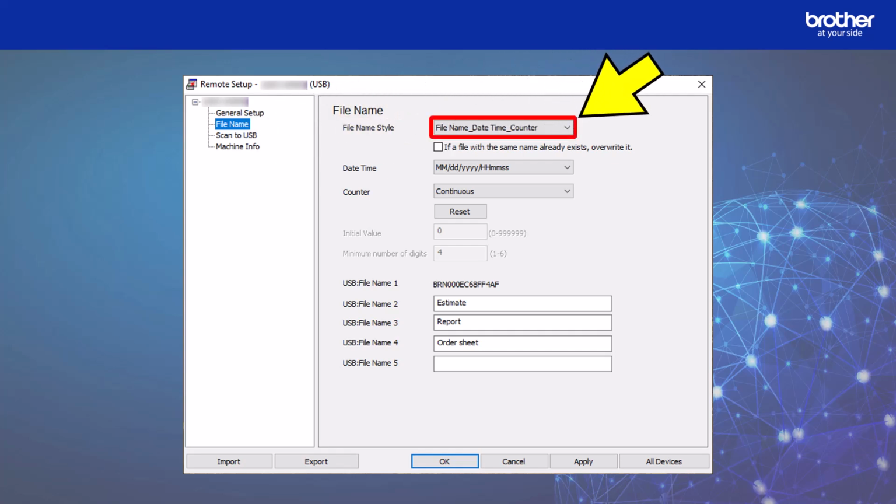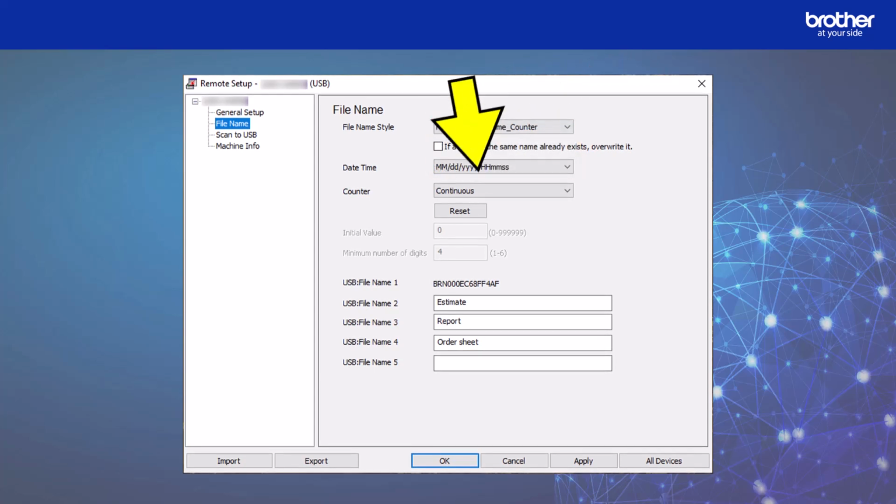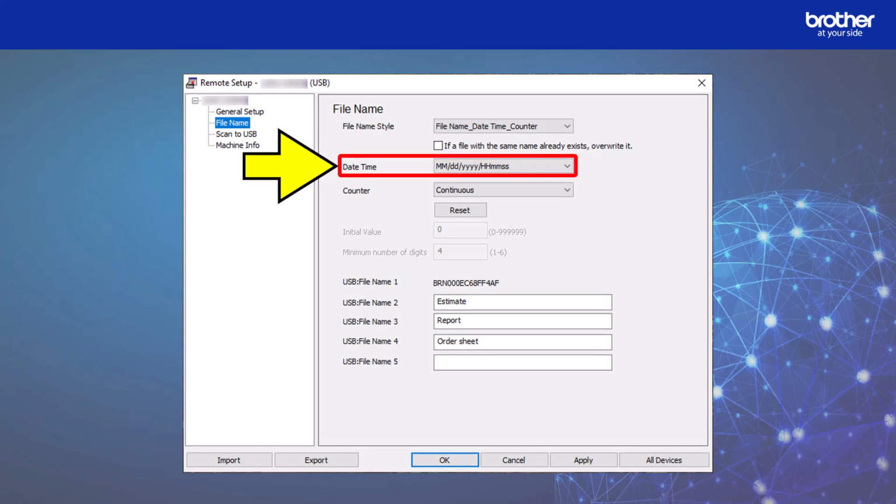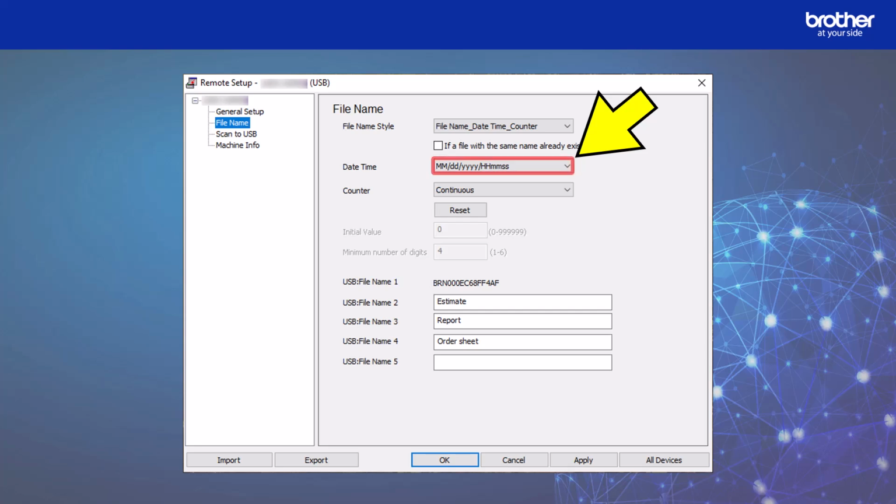Select the arrow to expand the drop-down box for further choices. As you can see, there are multiple options. Next, the date and time of the file. Select the arrow to see the options available from the drop-down menu. Various formats are available.